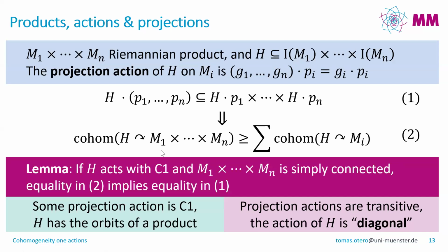And, well, maybe here there's a lemma which I told at the beginning, kind of a white lie, said that this should be obvious. Maybe if H acts with homogeneity-one and M1 times Mn is simply connected, equality in 2 implies equality in 1. And here the trick is,